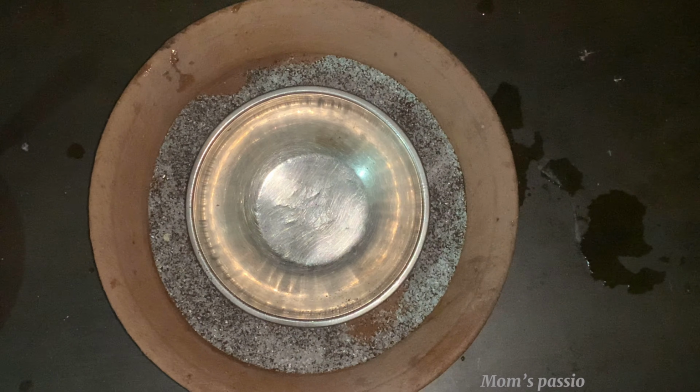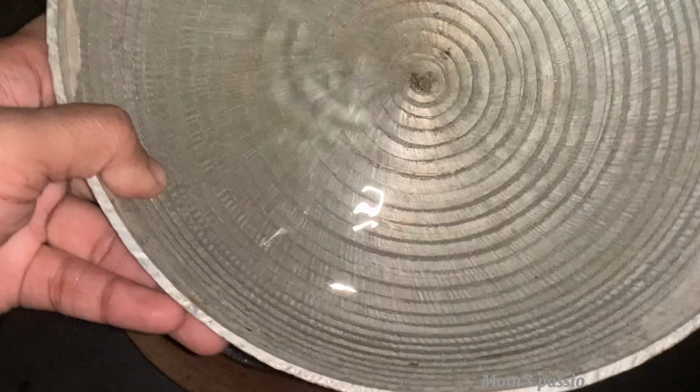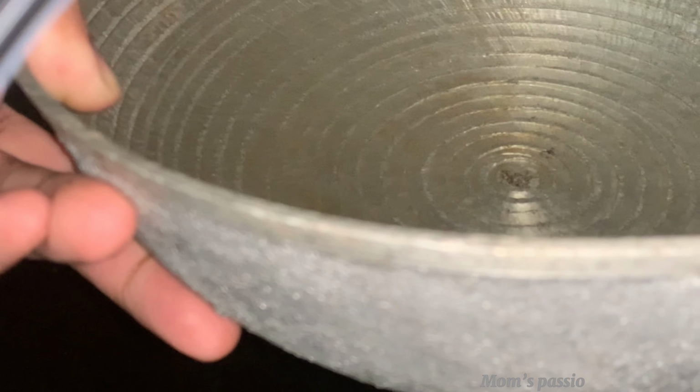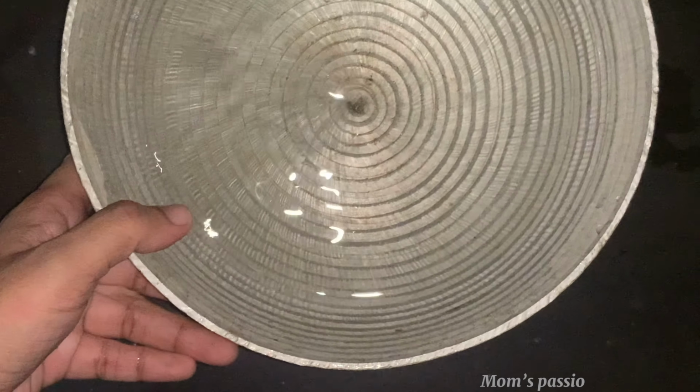Now on top of this we'll place a bowl. It should be a little bit curved from the bottom, the vessel which we are taking, and we have to fill it with water. That's just normal tap water, and we keep it on top of the clay pot,